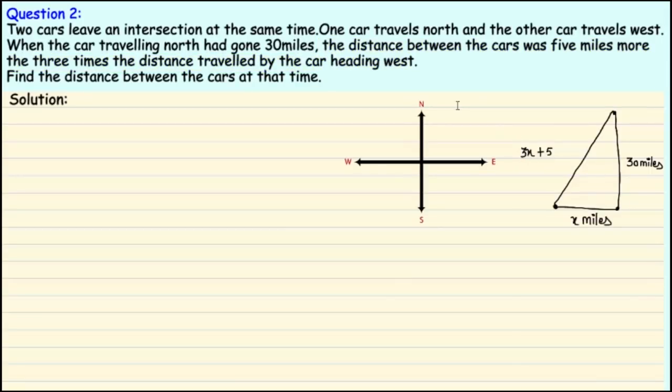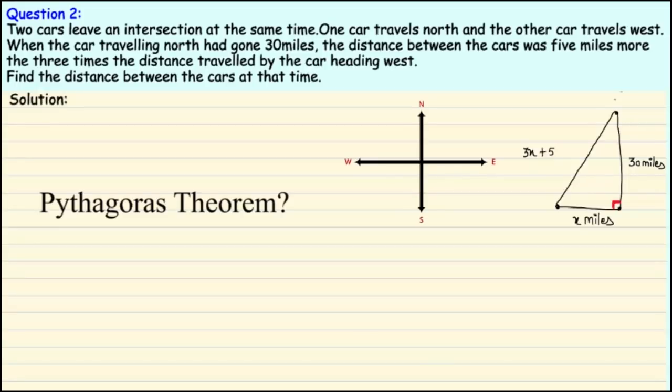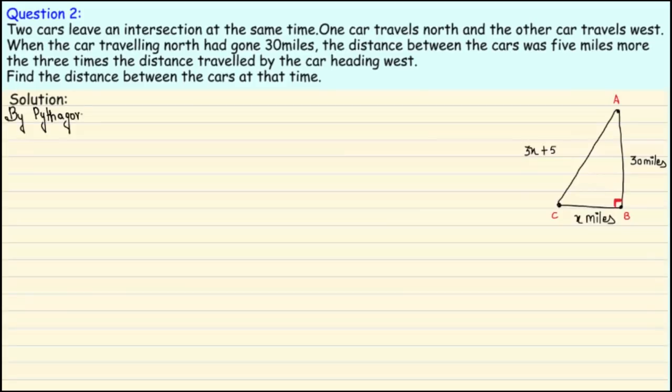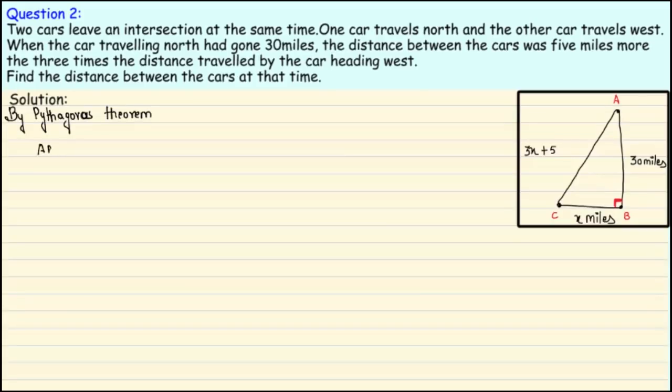Friends, now if you see the figure carefully, we are getting a right triangle. So what can be done here? Can we get the equation by using the Pythagoras theorem? Yes, we can. By using the Pythagoras theorem, we have here AB is 30, BC is x and AC is 3x plus 5. On solving, we will get